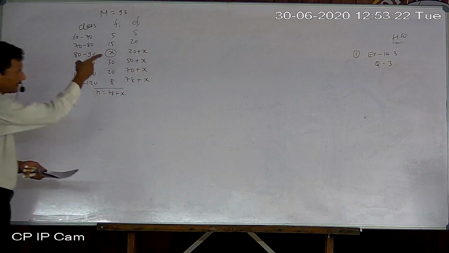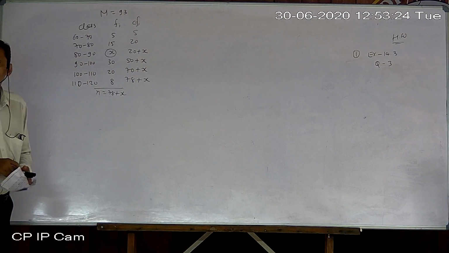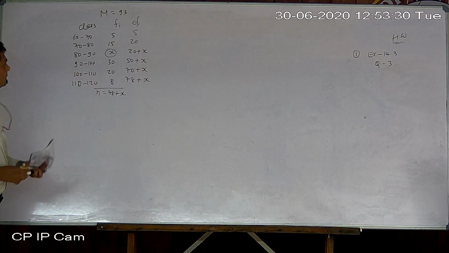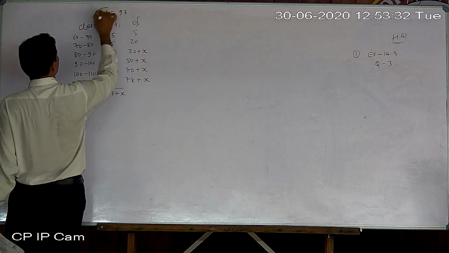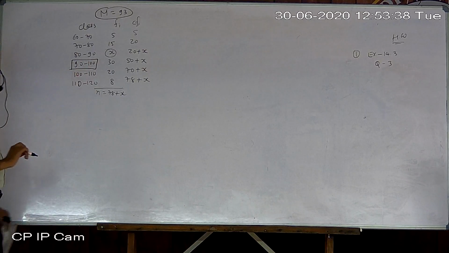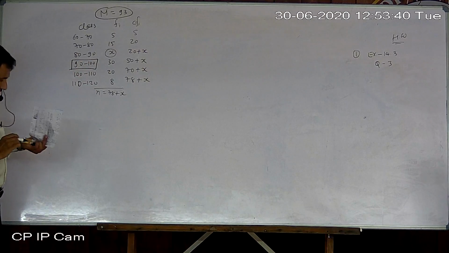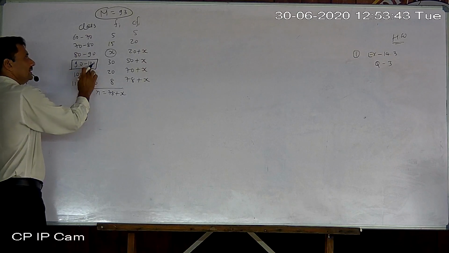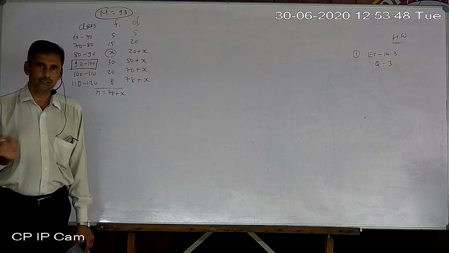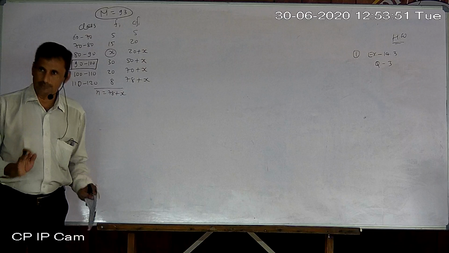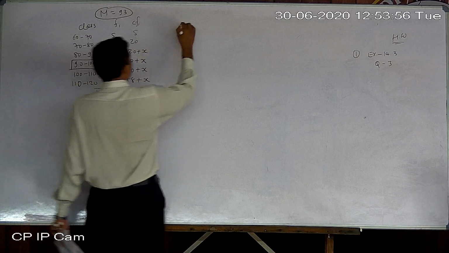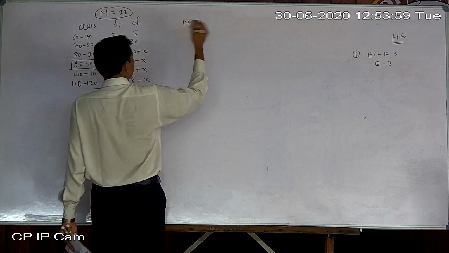Now start directly our solve. How? First of all, locate the median class. So median is 93. So obviously the median class is 90 to 100. Median is 93, so the median class is here only. In the earlier sum, I told you there is no need to find it by n by 2, even it is not possible. Median is given, median class is given. Now start by placing values in the formula.